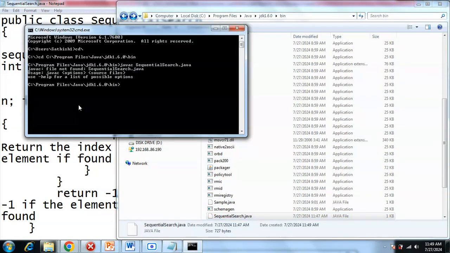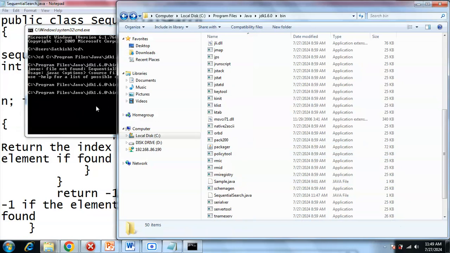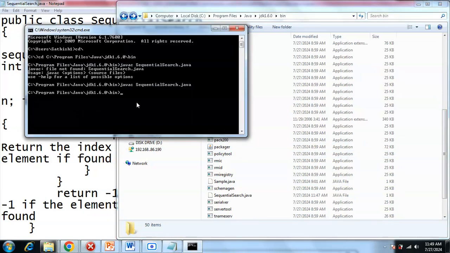So it's stored. Now you just click up and down arrow. So here one advantage is there in command prompt. You don't want to type command again and again. You just give up arrow and down arrow. It will come one by one. What are all the commands you typed already? So now I'm going to compile a program. So I didn't receive any error. So the program is successfully compiled. Now I'm going to